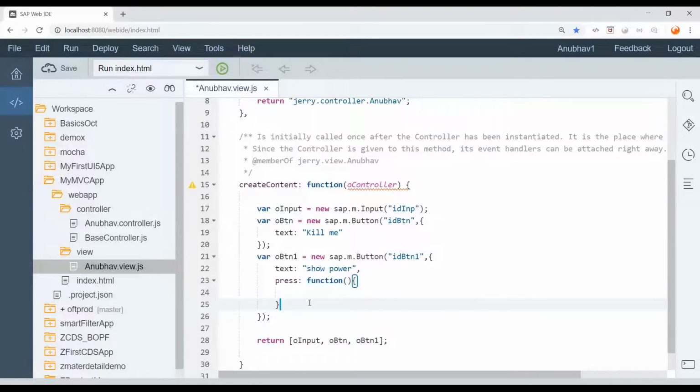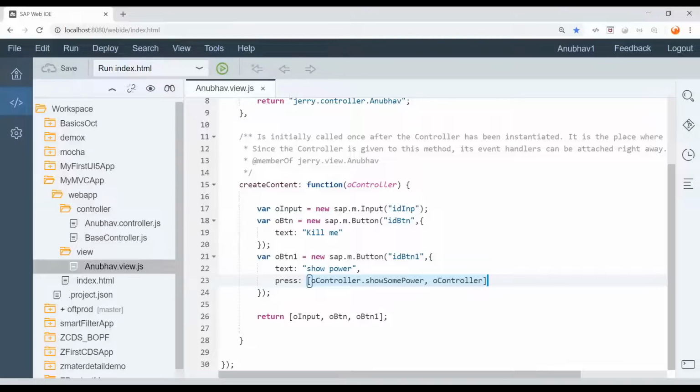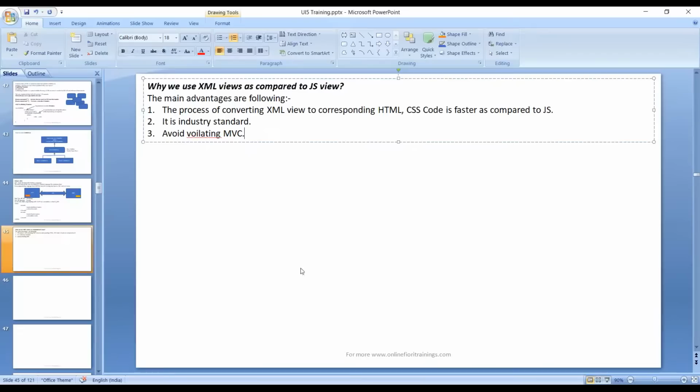XML view में आप code नहीं लिख सकते. You can't write the processing logic in XML view. You can't write JavaScript processing logic in XML view. Not allowed. You can't write it. So there is no choice left for you instead of putting the name of the method, which is then implemented in controller. In context of UI5, the fourth benefit, if you remember, we have separately passed